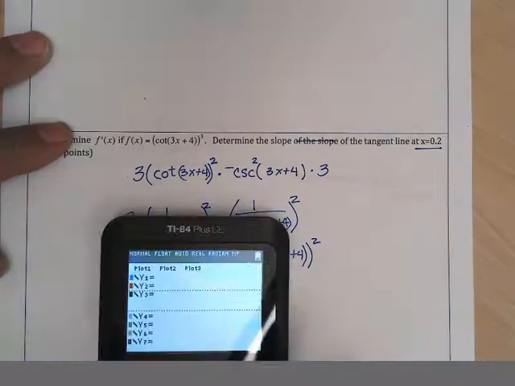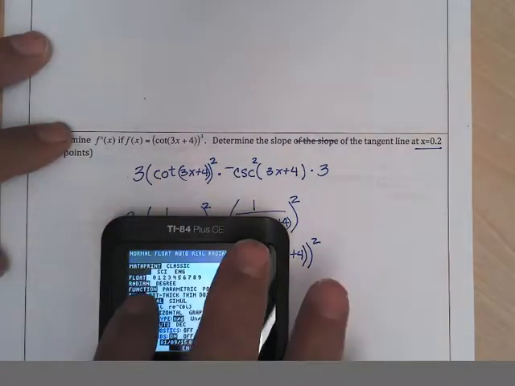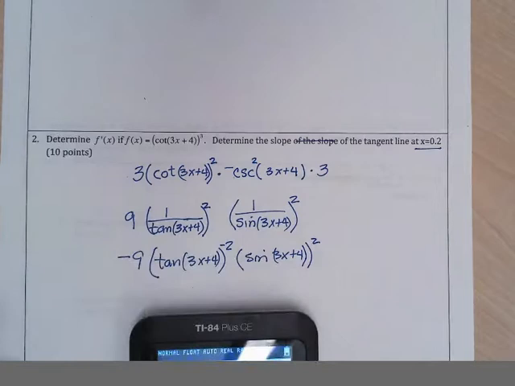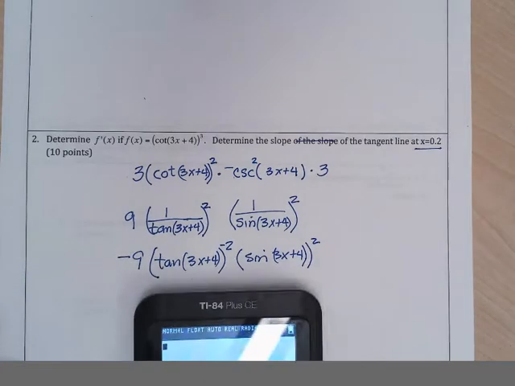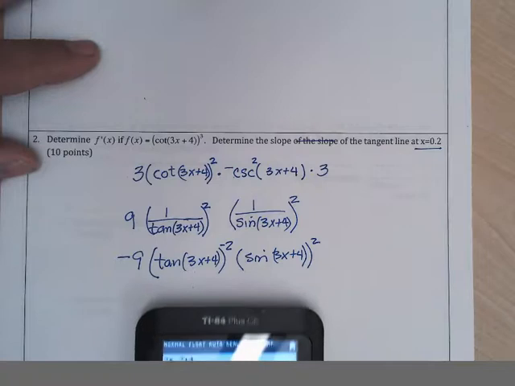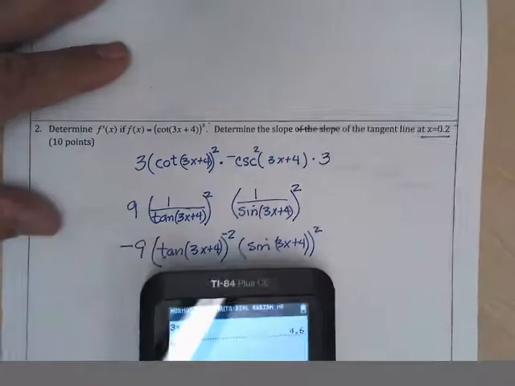So I'm going to type that in. I'm going to check and make sure my mode is in radians. It is. And to make things easier, I'm going to go 3 times 0.2 plus 4, which is 4.6. So this 3x plus 4 is 4.6 when I put in 0.2. So all I have to do is, move this up here a little bit,